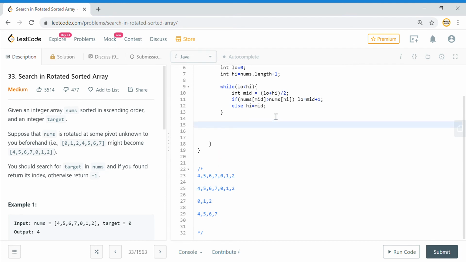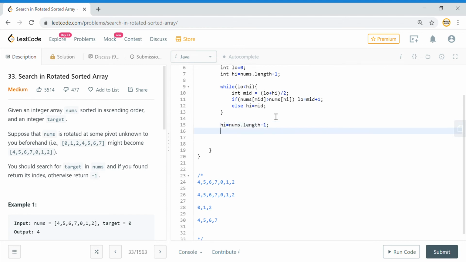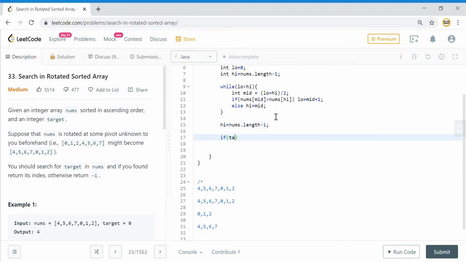Okay, so I will reset my high. I will say high is equal to nums dot length minus 1, and then I will check my target. Basically I should check against the high one, towards the end, I should not say low, I should make it high.